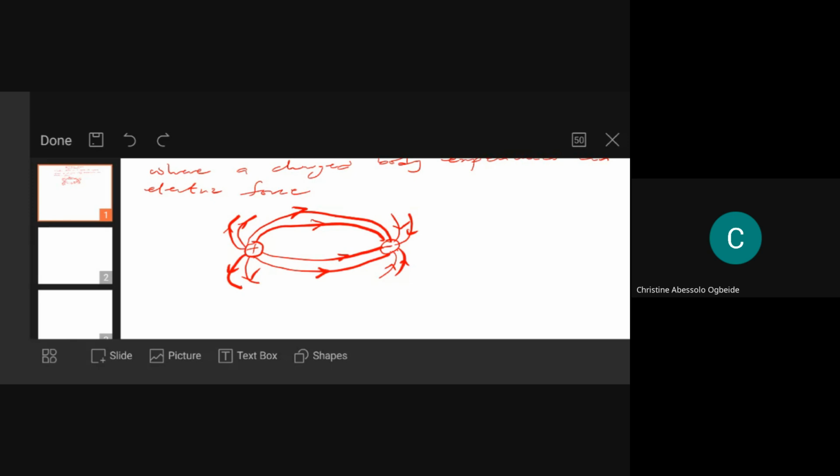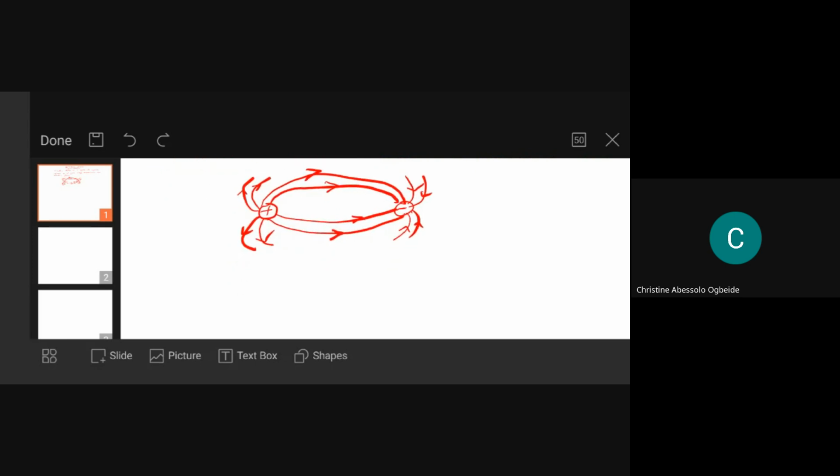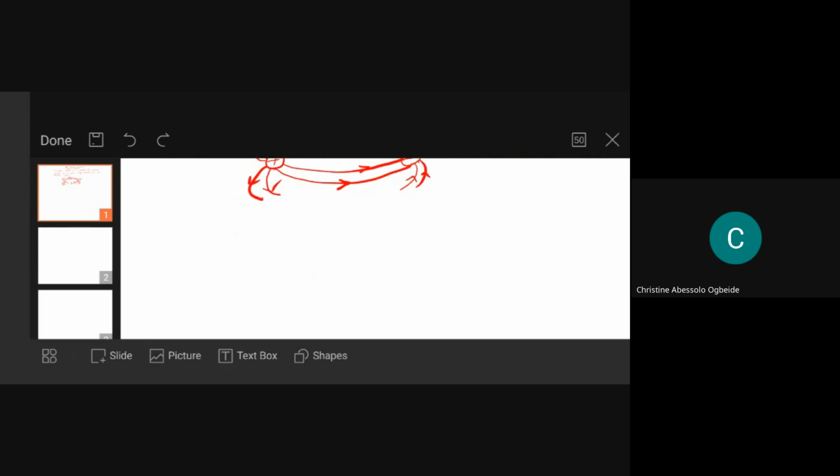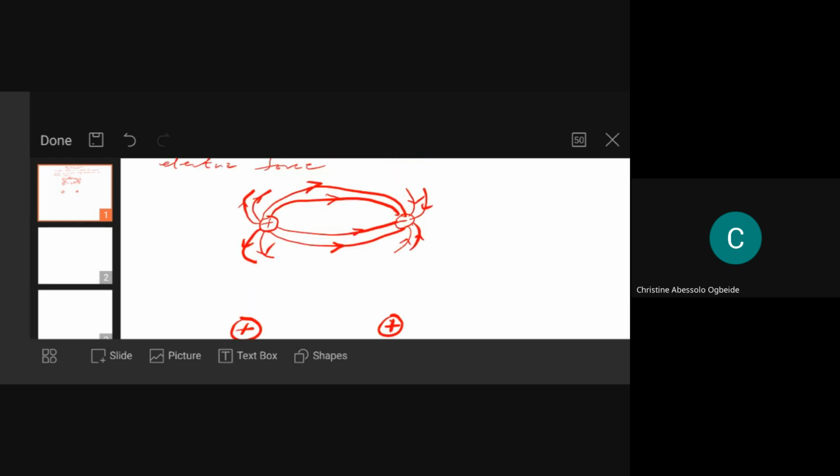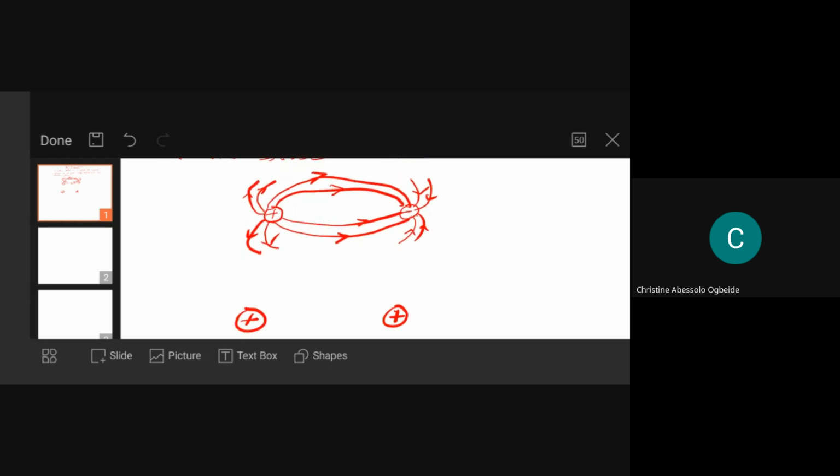Then also, what happens if I bring two like charges? Let's say I bring a positive and a positive charge. So let's say I have a positive charge here, and I bring another positive charge here. Of course, you know from the law of electrostatics that like charges repel, unlike charges attract, just like you can see in this first diagram here. This is the interaction, this one here,